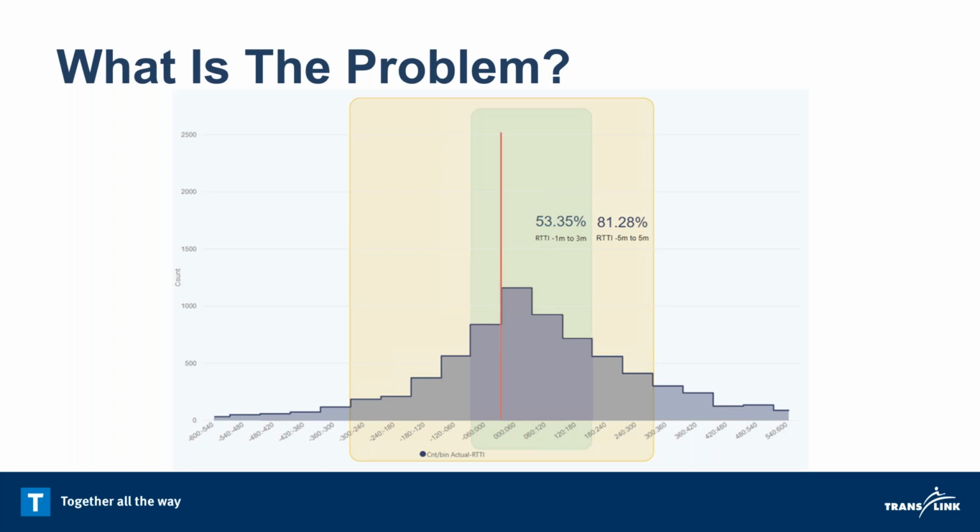Now the green box, you can see that it spans one increment to the left of the line and 3 to the right. So this green box represents where the prediction was on time according to transit standards. So this means it was at most 1 minute early or 3 minutes late. So this prediction is considered very good by the customer. Ideally, we want as many predictions as we can get to fall within this green box.